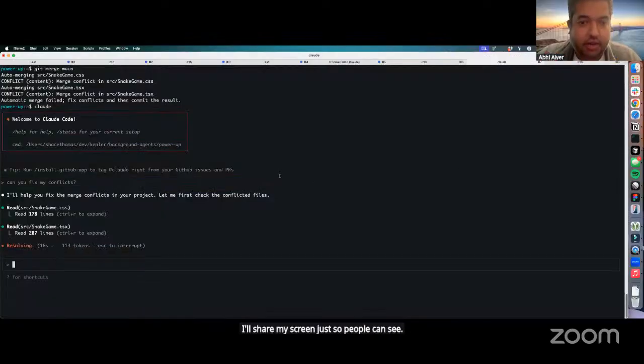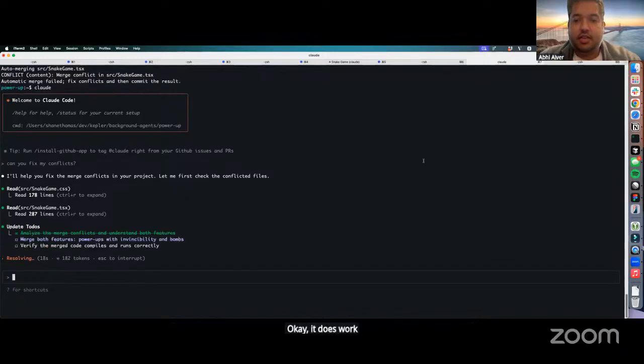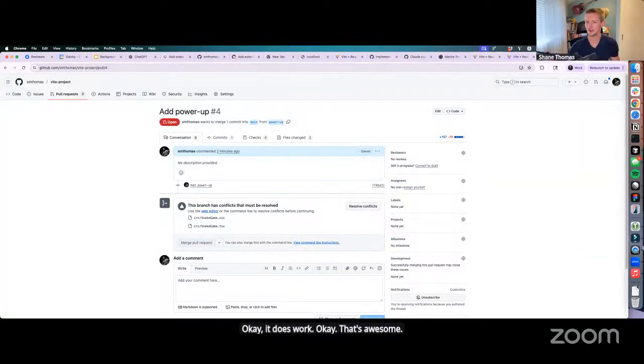And my power up branch didn't even work, dude. I'll share my screen just so people can see. Oh no, the power up is here. Okay, it does work. That's awesome. All right. So I had this power up